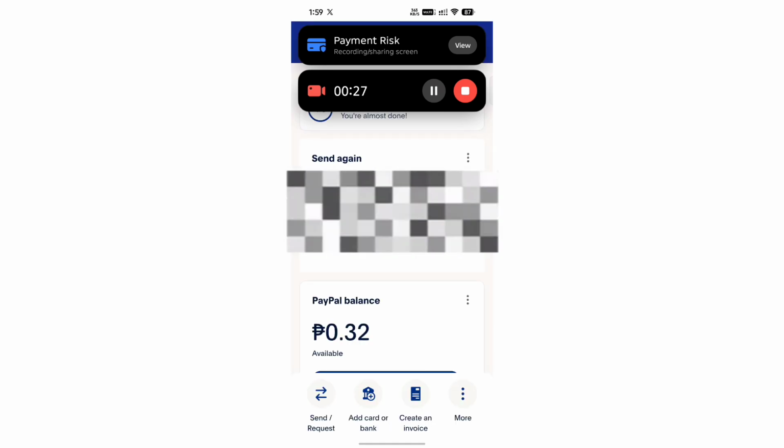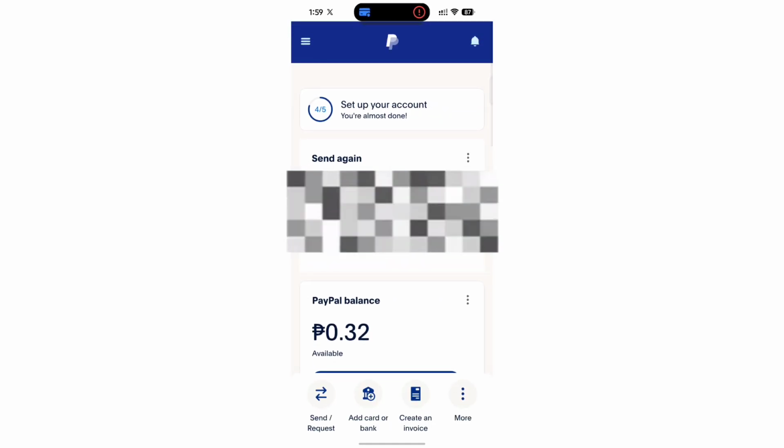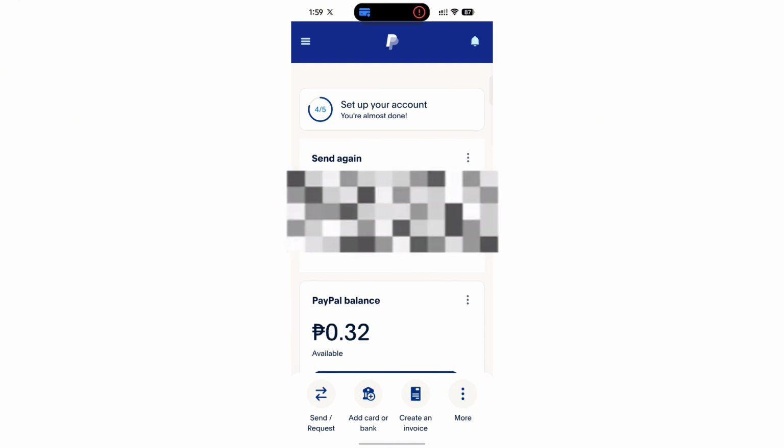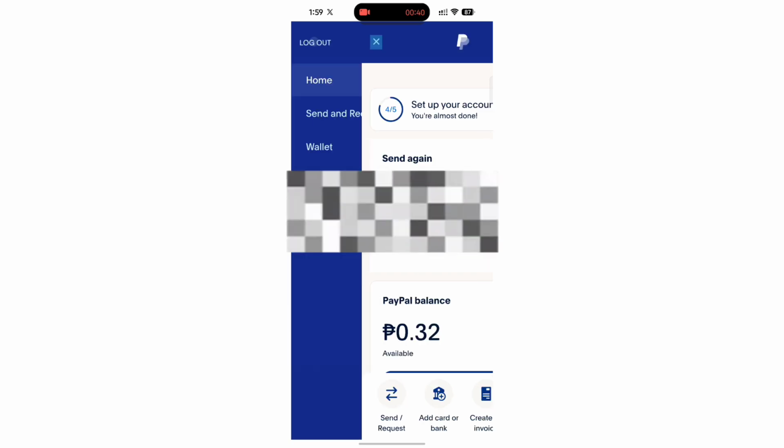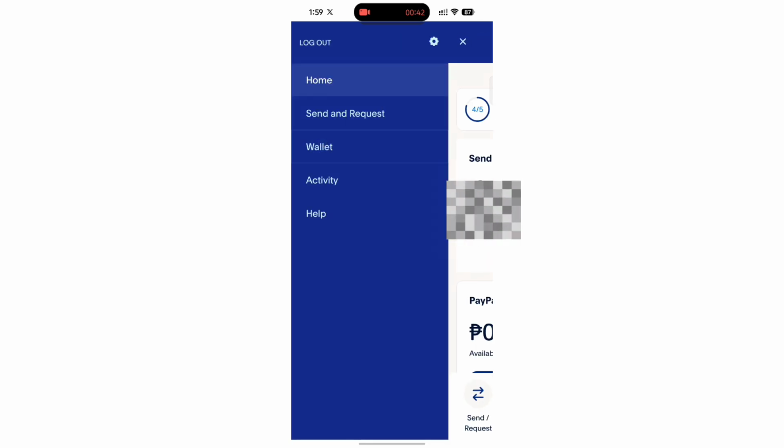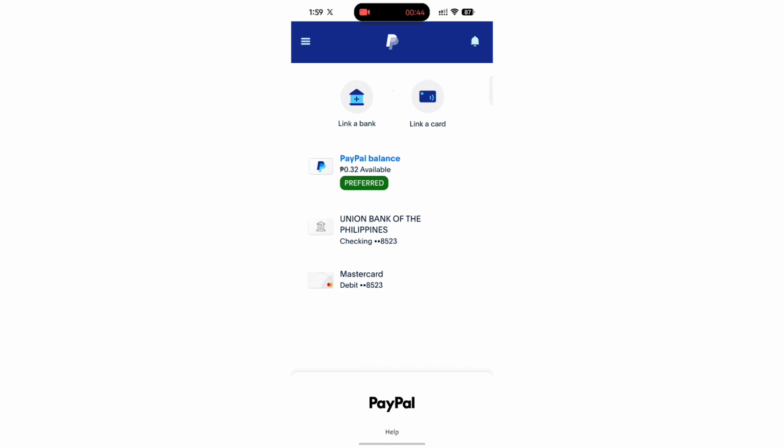So once you're signed into your PayPal account, go ahead and click on the menu icon at the top left of your screen, and then once you click on it, you should find Wallet under this section. So click on that, and then on the Wallet section you should find all of the payment methods you currently